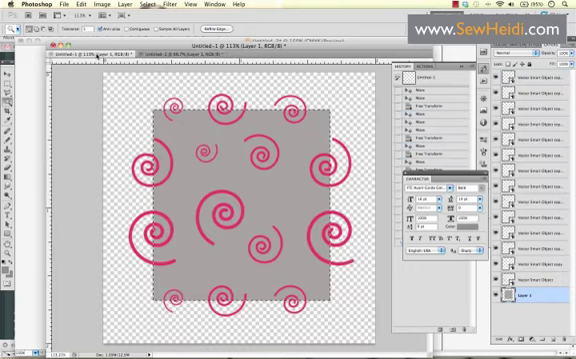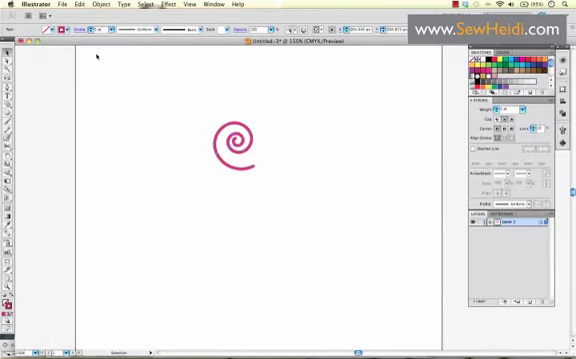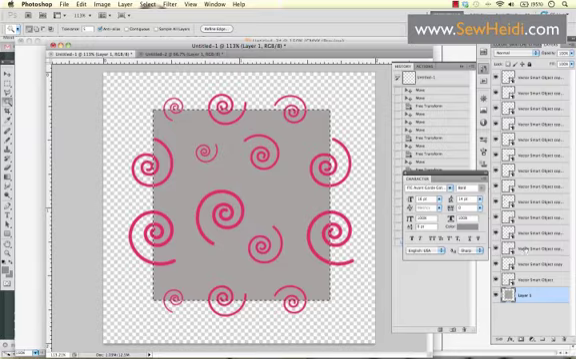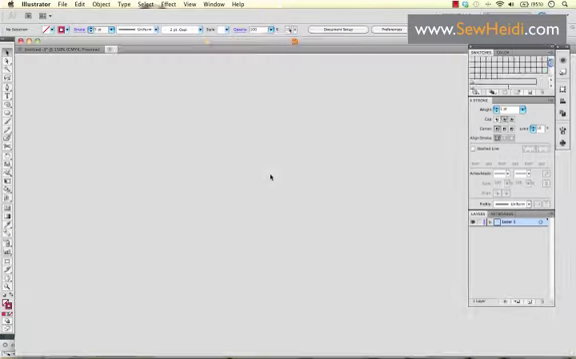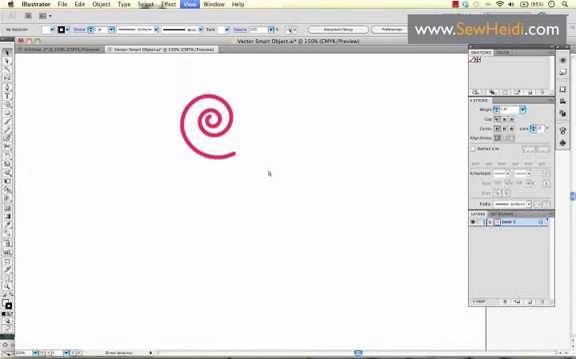Now the really fun part. Remember we had originally created this swirl in Adobe Illustrator and pasted it in as a vector smart object. So if you come into the original file where you created your repeating pattern swatch, double click on your vector smart object. It'll open it in Illustrator,